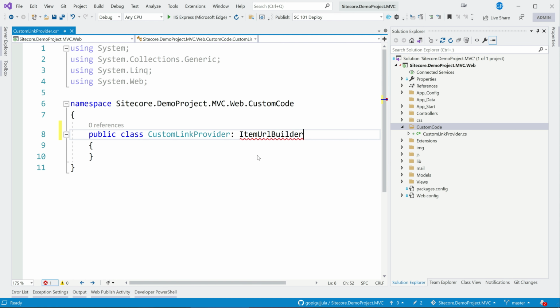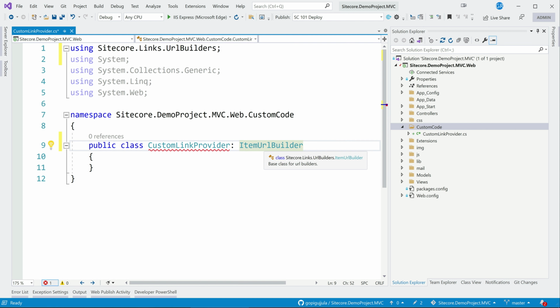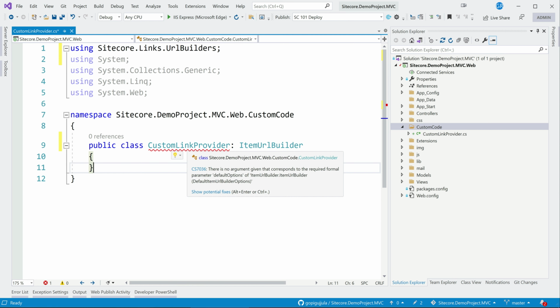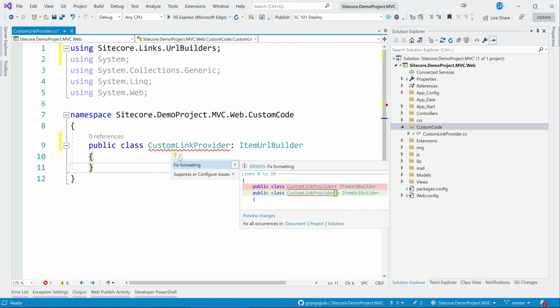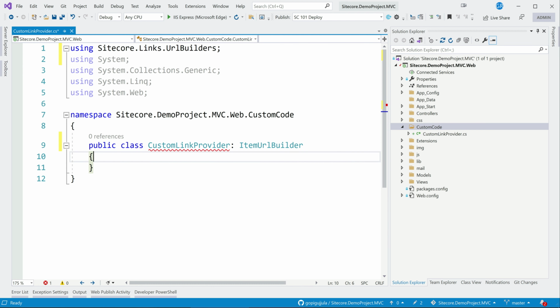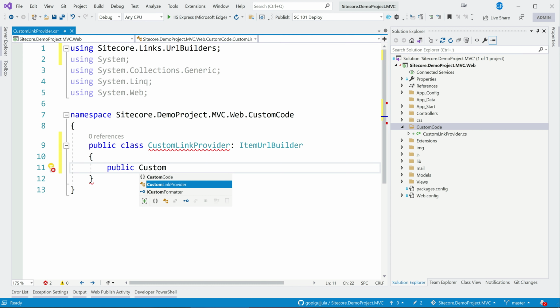It's already part of the Sitecore kernel, if I remember correctly. Then this is asking us to implement the constructor. Okay, that's fine. Item URL builder, and let me put the custom link provider.